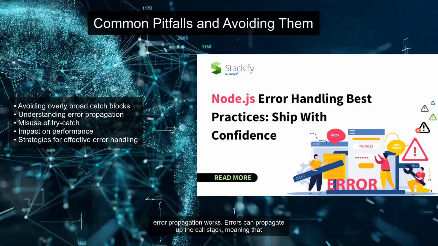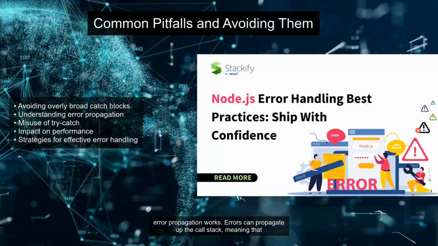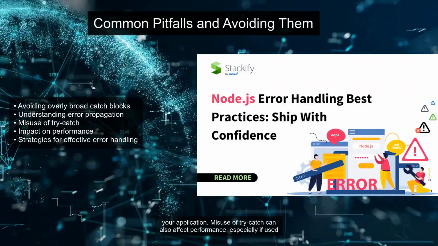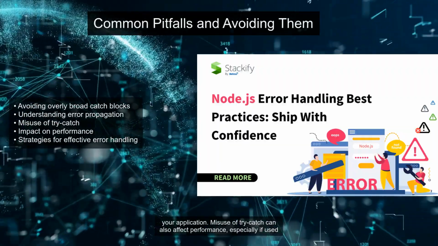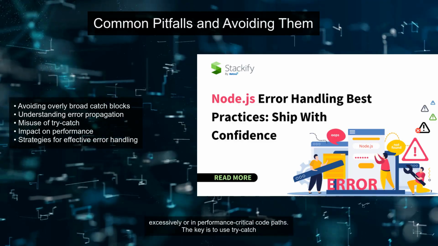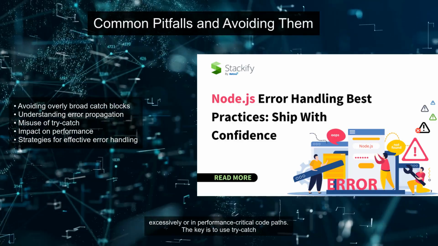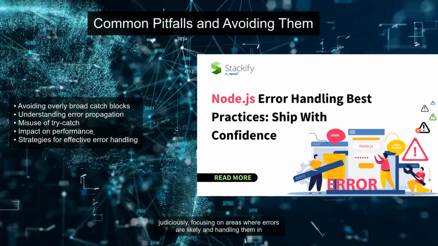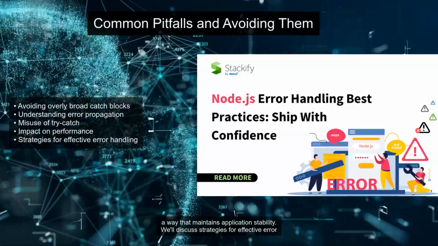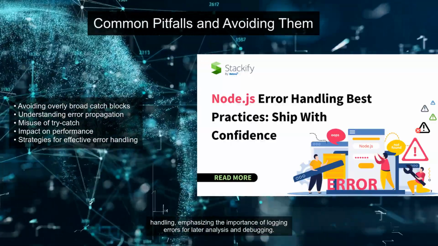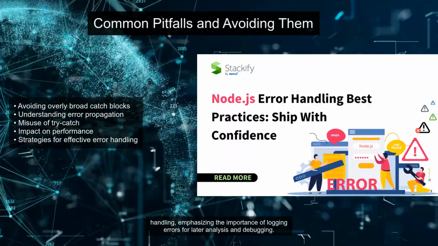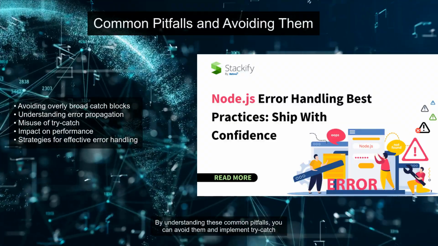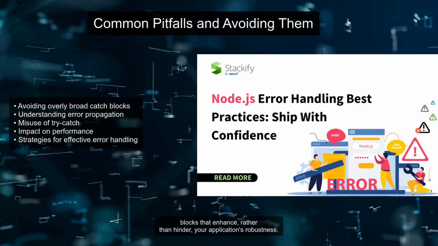Errors can propagate up the call stack, meaning that if not caught, they might be handled in an unexpected part of your application. Misuse of try-catch can also affect performance, especially if used excessively or in performance-critical code paths. The key is to use try-catch judiciously, focusing on areas where errors are likely and handling them in a way that maintains application stability. We'll discuss strategies for effective error handling, emphasizing the importance of logging errors for later analysis and debugging. By understanding these common pitfalls, you can avoid them and implement try-catch blocks that enhance, rather than hinder,